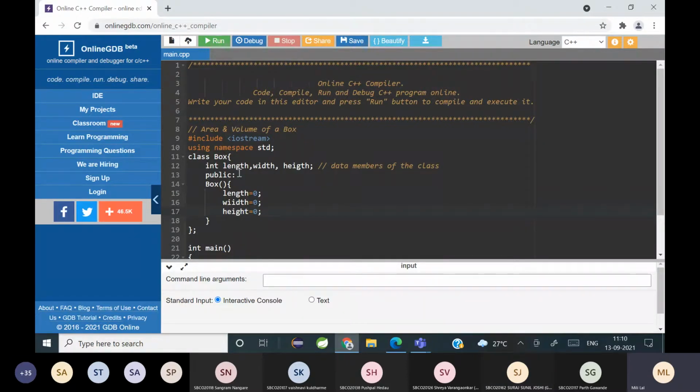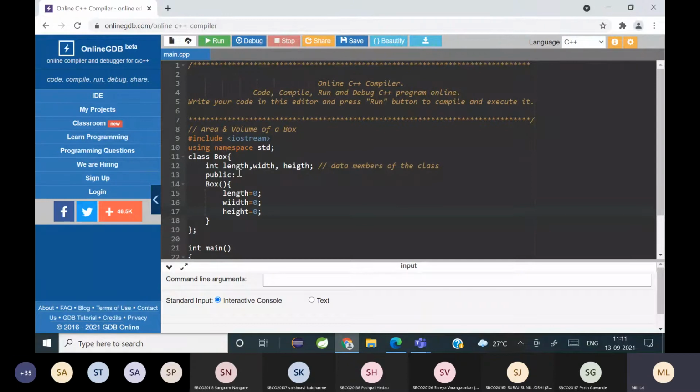Even if you don't write any constructor, by default, the default constructor will be called by the compiler. Okay? When is a constructor called? During object creation. Yes, the constructor will be called during object creation.